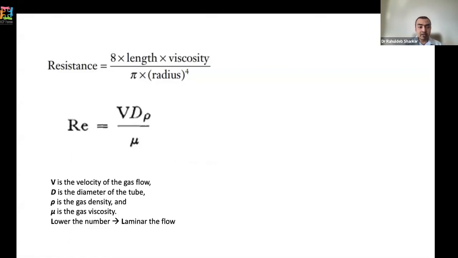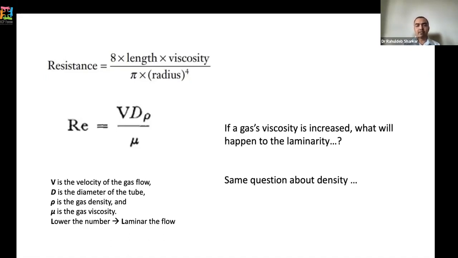And similarly, Reynolds number, this is a favorite question in any respiratory or anesthesia or critical care exam. And this is what the Reynolds number is. This decides whether the flow of a gas will be laminar through a tube. And therefore, a question might come: if a highly viscous gas is used, for example, what will happen to the laminarity of the flow? And if a more dense gas is used, what will happen to the laminarity of the flow? And therefore, you can easily use that